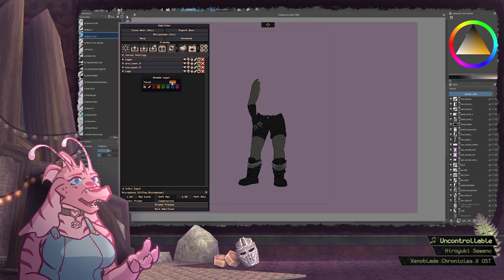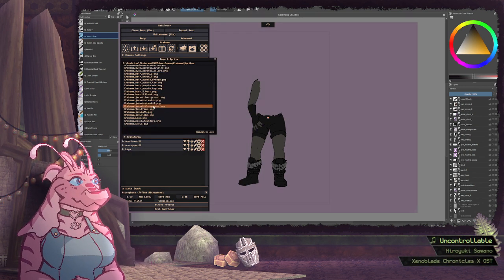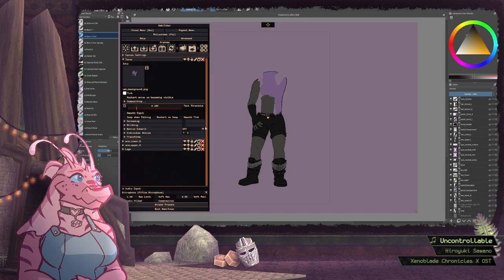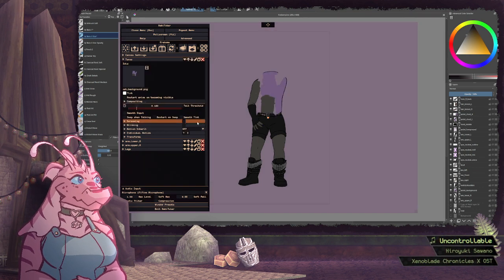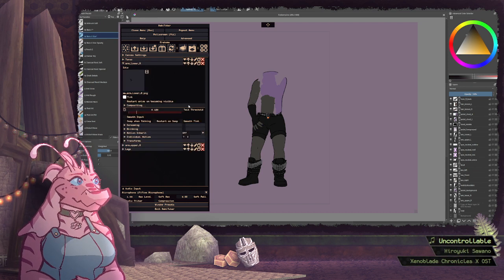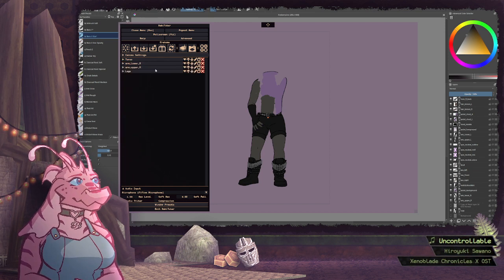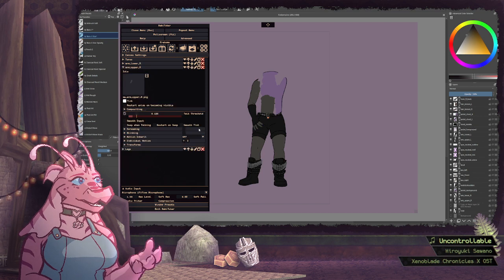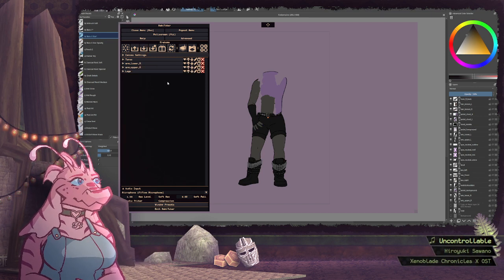I'm going to call it torso in the actual layer set. And this one's going to motion inherit off the torso. Oh no, motion inherit off arm upper R. Arm upper R is going to inherit off of torso. Save.